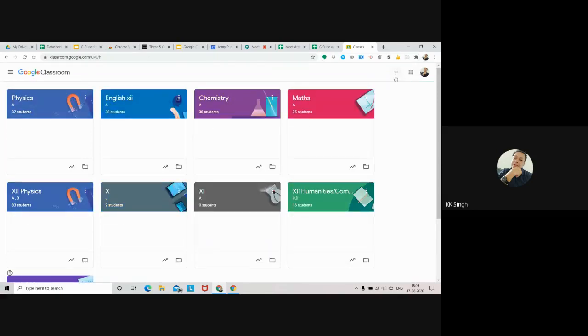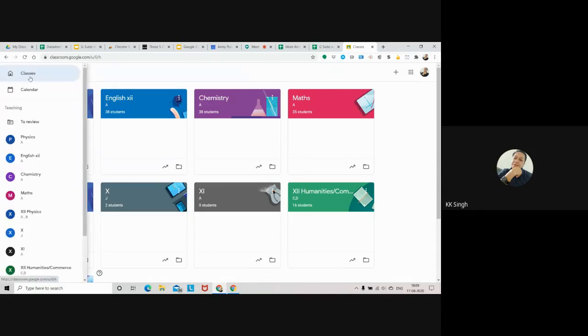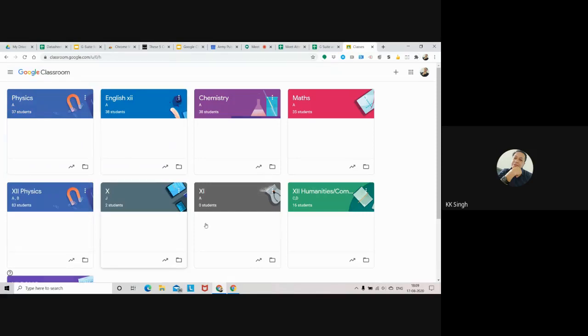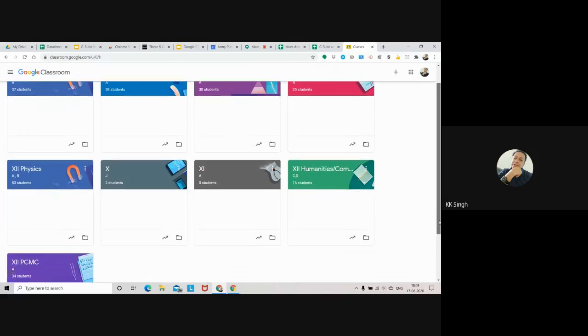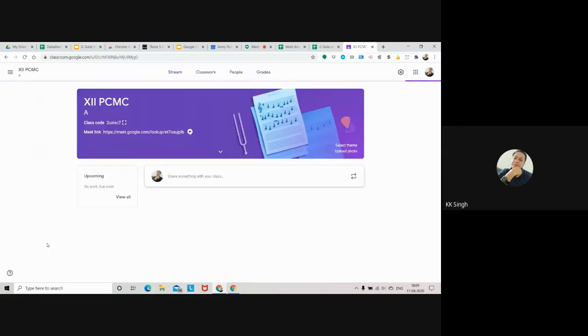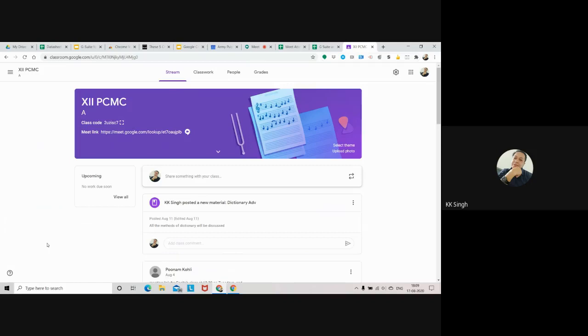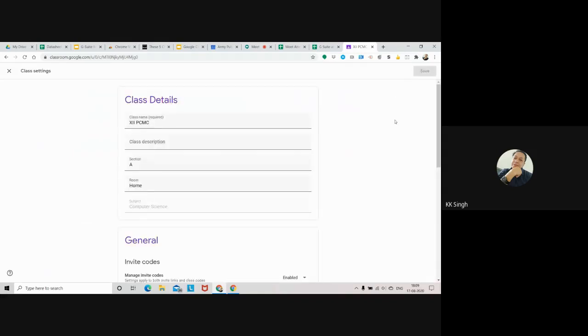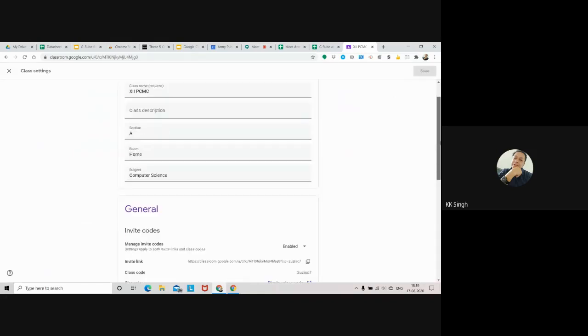From here, you can create the class or join the class. If you want to make some changes, you can do it here in general settings.